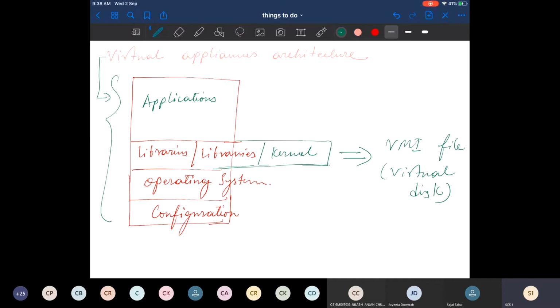So have you checked? I think all of you have gone through the VMware lab, that is the virtualization lab. Yes, sir. So where your machine image file is being stored, it is being stored in your My Documents. A large file is there, 10 GB or 20 GB. Yesterday I showed you our VMI file. That VMI file also consists of some virtual disk. So you just basically have to convert it to a VMI image. And after that, you have to author it, meaning to publish it into my Amazon machine image, you have to author.